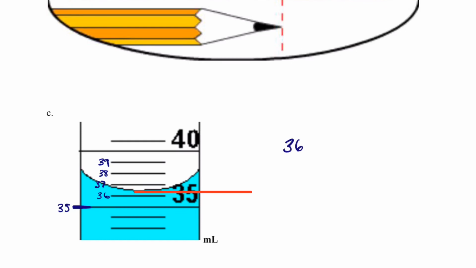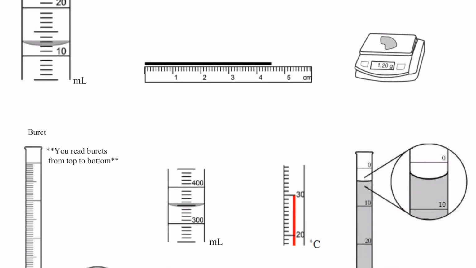So I know it's 36 point something. I don't have any tenths to help me out. It actually looks like it could be pretty darn close. So I'm going to say that this is 36, excuse me, 36.5 milliliters. Okay, and you'll actually do something like that a lot. Again, this last one could be 4, 5, 6, 7, something in that ballpark, but we just go out to the tenths. I'm going to skip this next page. We'll do this one in